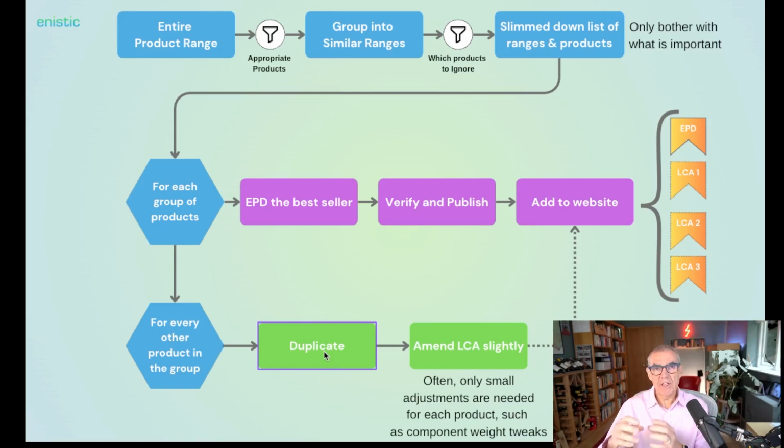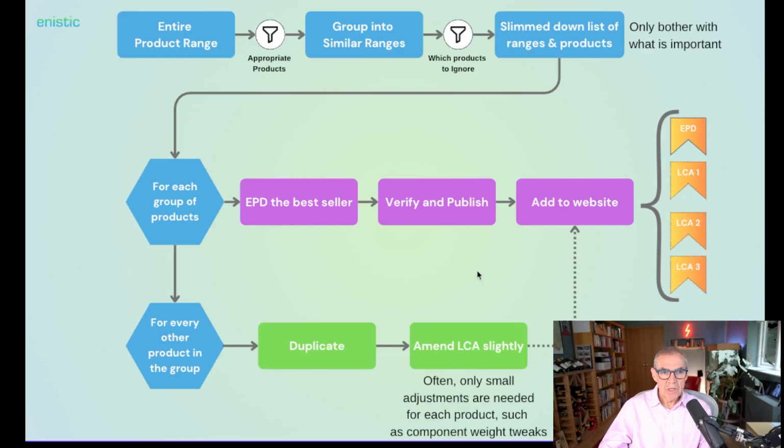Okay, so every EPD is really just a life cycle assessment, a bigger calculation about what the carbon emissions are and other bits and bobs, but let's concentrate on carbon. You might want to think, right, the LCA, that life cycle assessment in the middle, I'm going to duplicate it from the first desk, amend it slightly. So for example, it's a different color, it's got a different paint, it's got different feet, it's got whatever. And in my experience, there is generally a small amount of difference within ranges. Generally, not always, but generally, amend it slightly and then add that to your website as an LCA, a life